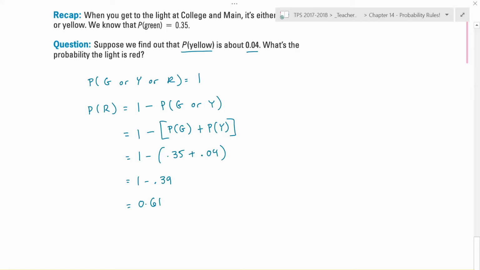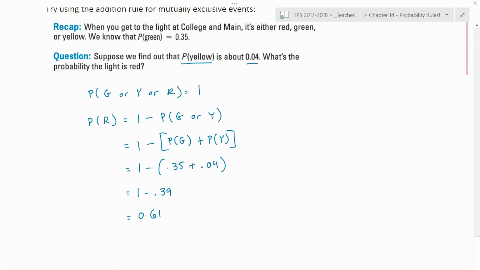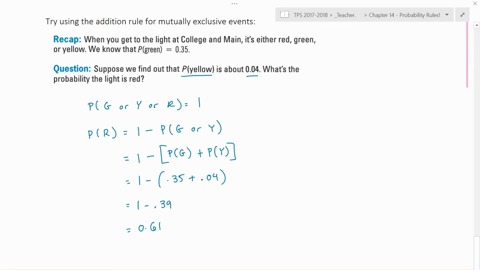Okay, so at this point you should be able to use the basic rules of probability, and you should be able to combine them as well, and that's what this problem did. It combined 3 different rules, I would say: the probability of the sample space is 1, the complement rule, and the addition rule for mutually exclusive events. So now you should be very ready to do